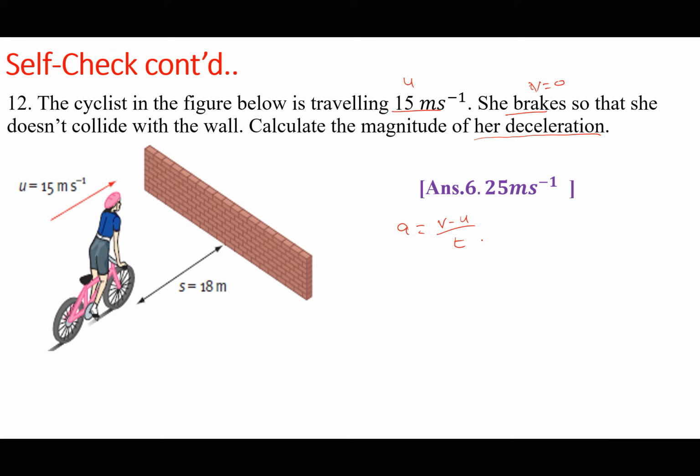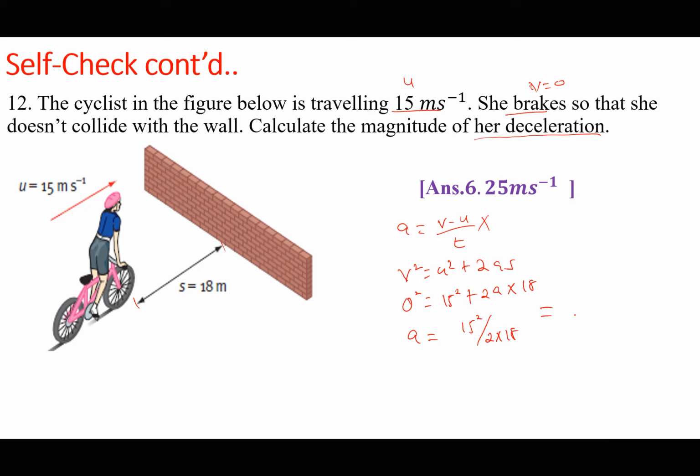So we don't have the time, or they gave us the distance between the brakes and the wall. So we don't have the time. I will not use this equation. So let me check. v squared equals u squared plus 2as. So final velocity should be 0. Initial velocity is 15 squared, plus 2 times the acceleration. Of course, I expect this acceleration to be negative because it is a deceleration. So then times 18. So the acceleration is going to be 15 squared divided by 2 times 18, which would give us